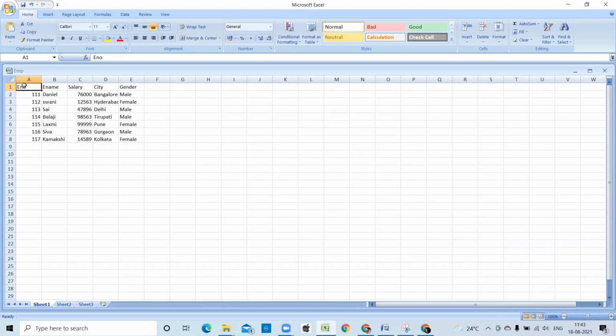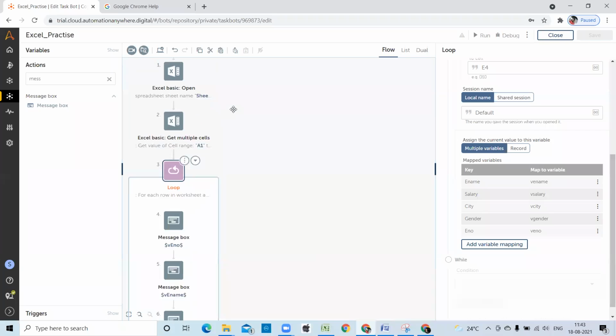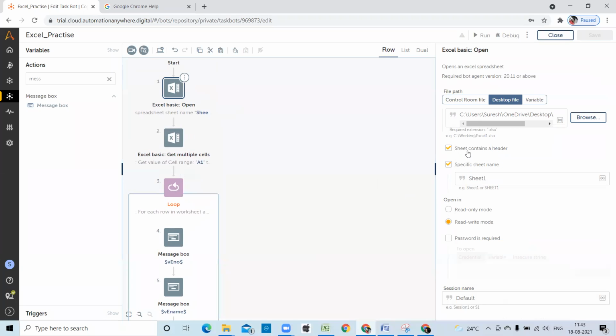I have given A1, but it didn't return the employee number header because here I have selected sheet contains header. That's why it didn't return the header names.